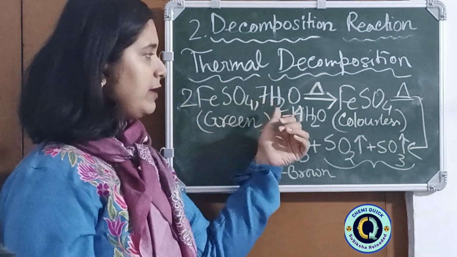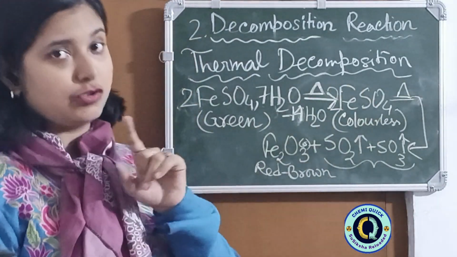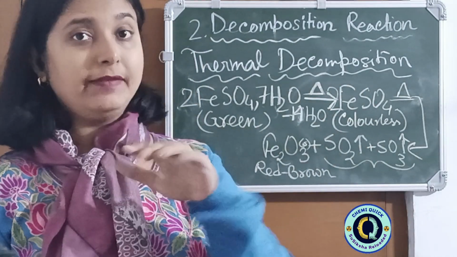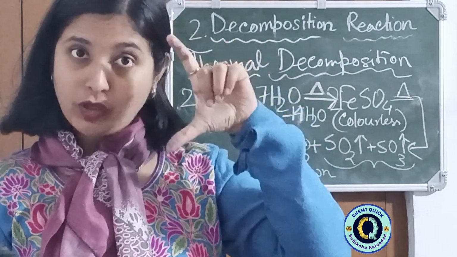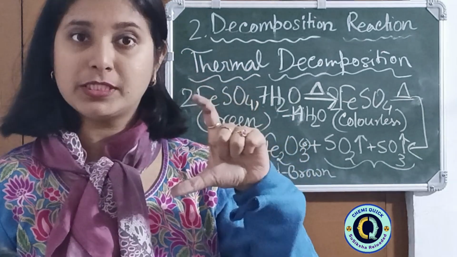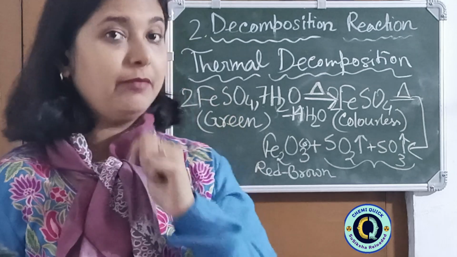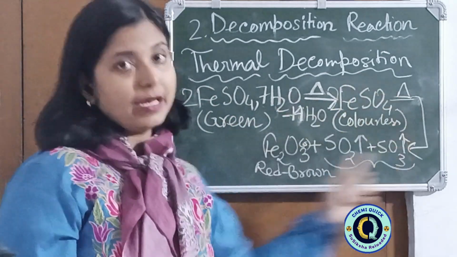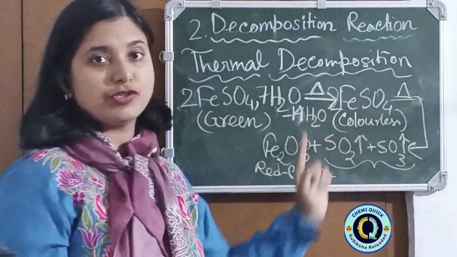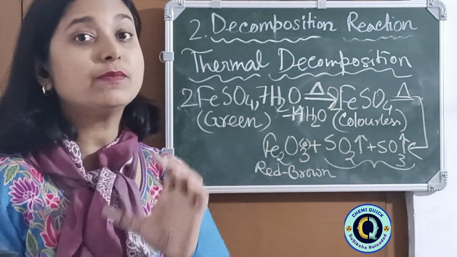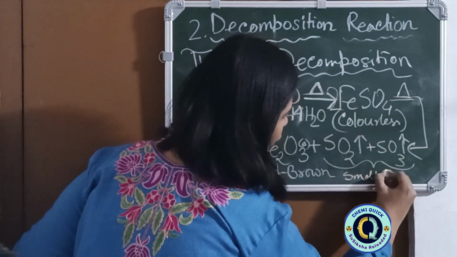2 FeSO4 7H2O, when heated, is becoming 2 FeSO4, colorless, and the water vapor is going out. If the heating is done in a closed test tube, the test tube will have water vapor droplets inside. Very important question. And then quickly it is becoming a reddish brown solid along with a gaseous mixture which is coming out with a strong smell of sulfur.